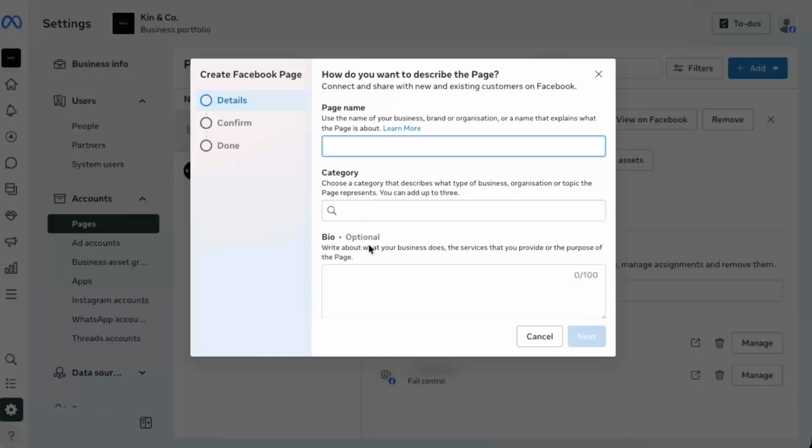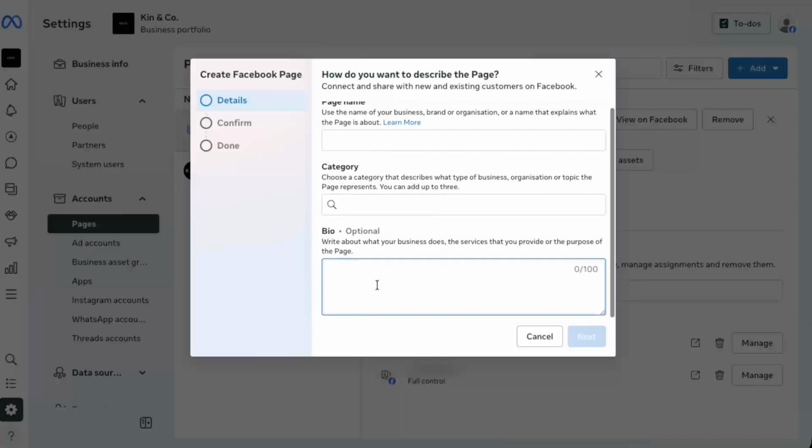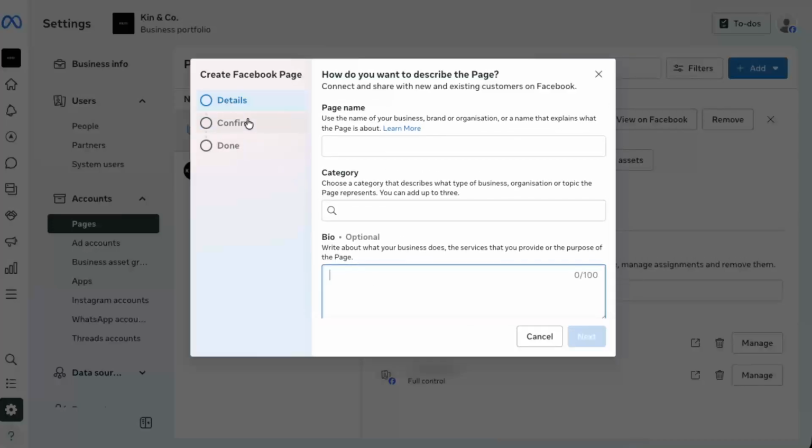already exists. Once you click that, Meta will guide you through naming your page, choosing a category that describes your business, and filling in basic details like a description. Take your time on those next screens, because your page name and category help people find you and understand what your business is about. When you're done, save your changes, and your new Facebook business page will be created and linked to your Meta Business Suite, ready for you to customize with a profile picture, cover image,